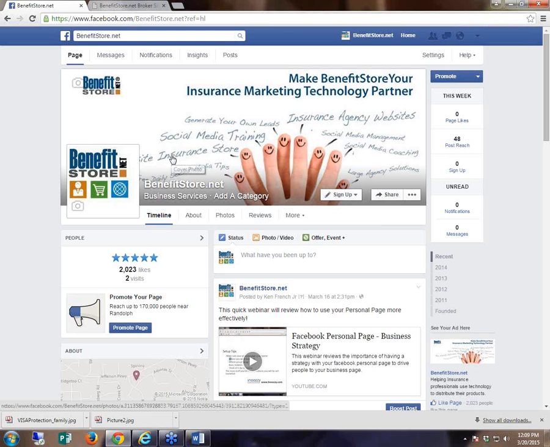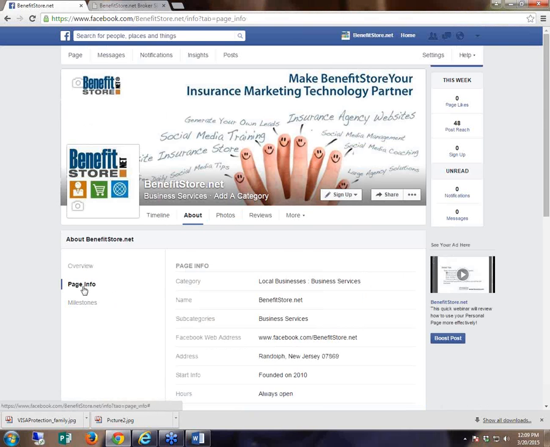I guess my initial tips were, one, make sure that your page looks clear and is set up correctly. One of the common mistakes I see is people's big picture here is blurry. That's never acceptable. In this day and age, you want it to look good. Two, go into the About section and make sure that you have at least put in